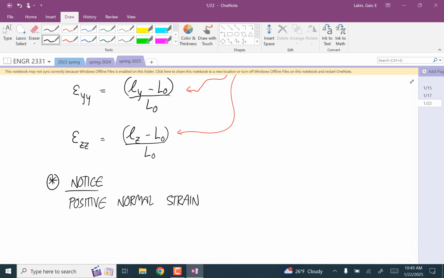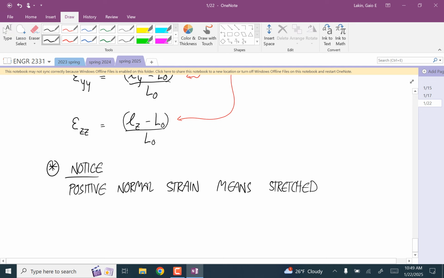Look at the definitions of those and tell me, is a positive normal strain the material being stretched or contracting? Stretched, yep. So positive normal strain always means the material is stretched. Negative normal strain always means that it contracts